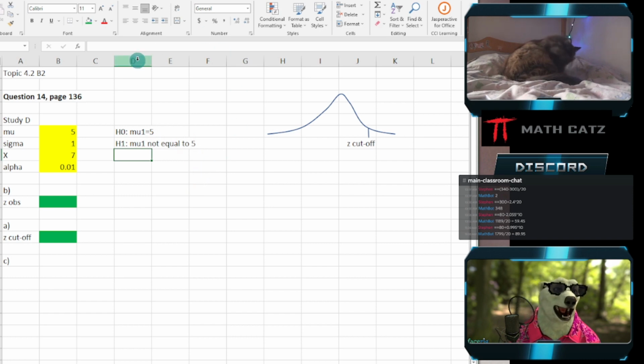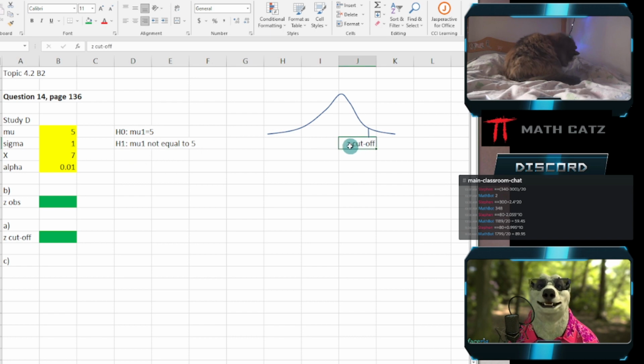I don't want to insert math symbols or anything right now. It's equal, not equal. So now our z cutoff, positive, let's put a little plus in front here. I don't want a formula. I just want a little plus sign. Thank you. Versus the